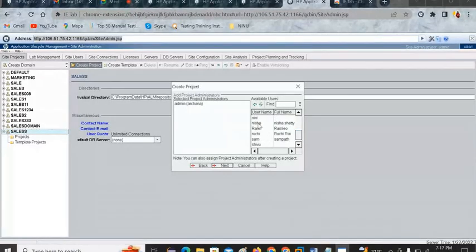I think in class we have created Nisha Shetty, so I will add her. Then I will add Shivu, and I will add Venki, and I will add Nikki. Like this, I'll start adding the available users for this particular project